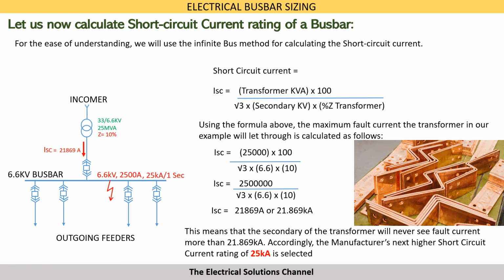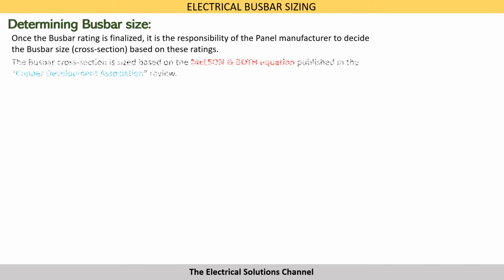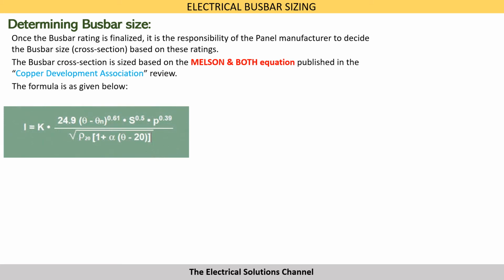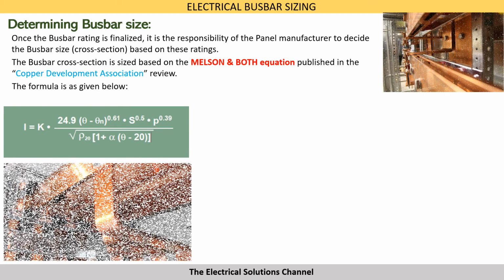Accordingly, the manufacturer's next higher short circuit current rating of 25 kiloamps is selected. Once the busbar rating is finalized, it is the responsibility of the panel manufacturer to decide the busbar size based on these ratings. The busbar cross-section is sized based on the Melsom-Booth equation published in the Copper Development Association Review. The formula is as given below,